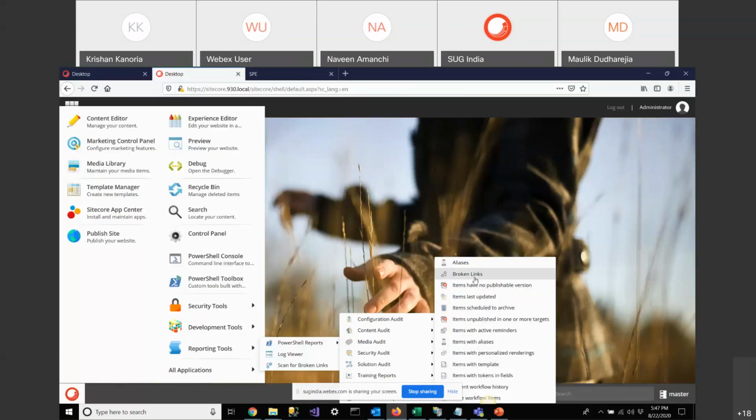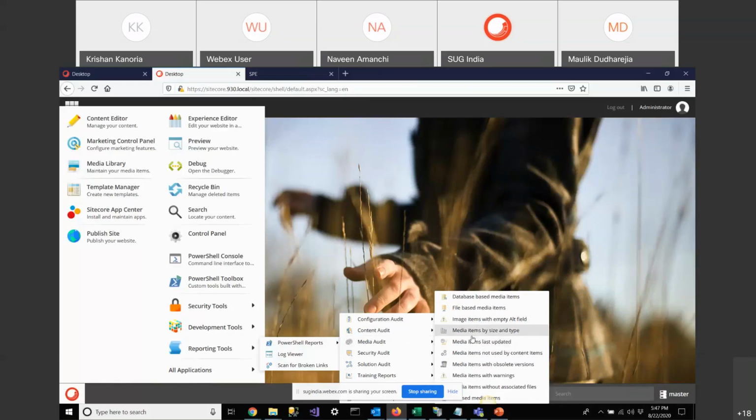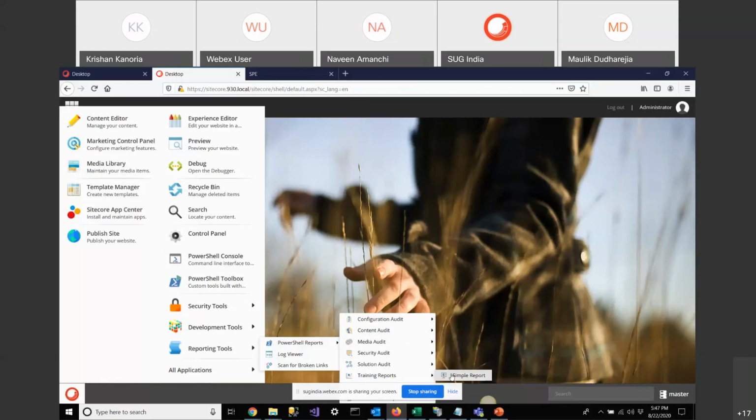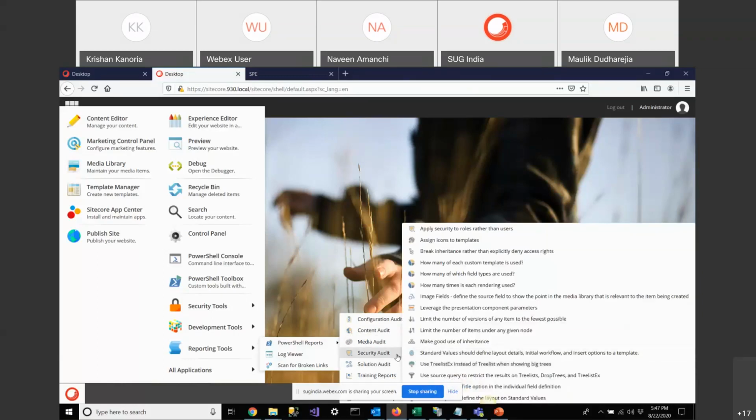You can check your broken links, and you can check your items which have been last updated. And apart from this, in media audit, you have some scripts which are media related, like media item last updated, media item with warnings, and some training reports. You can run these directly from this reporting tool.